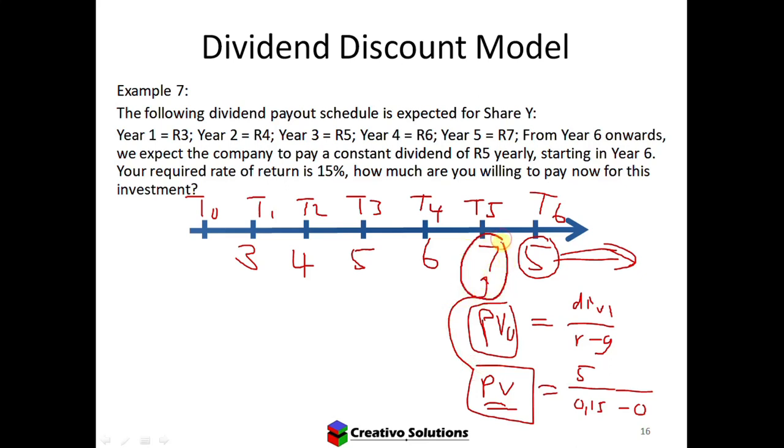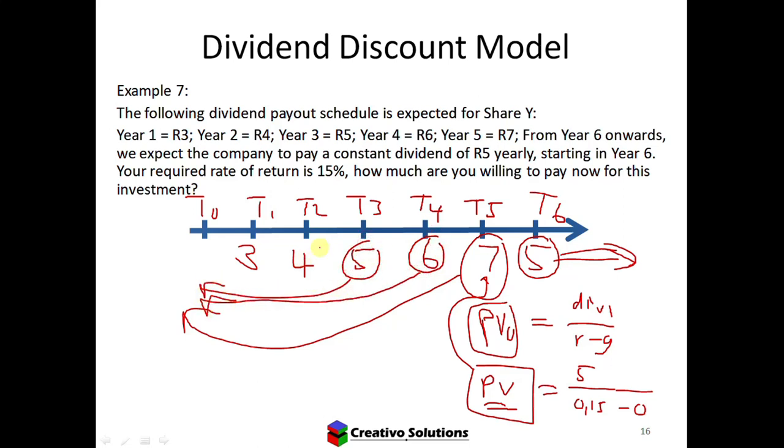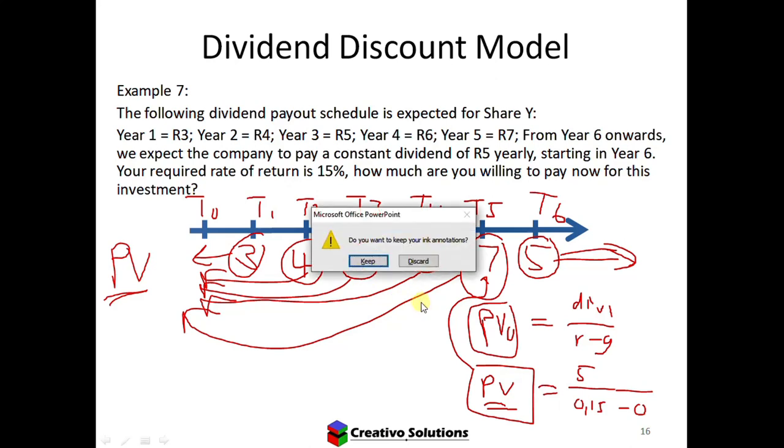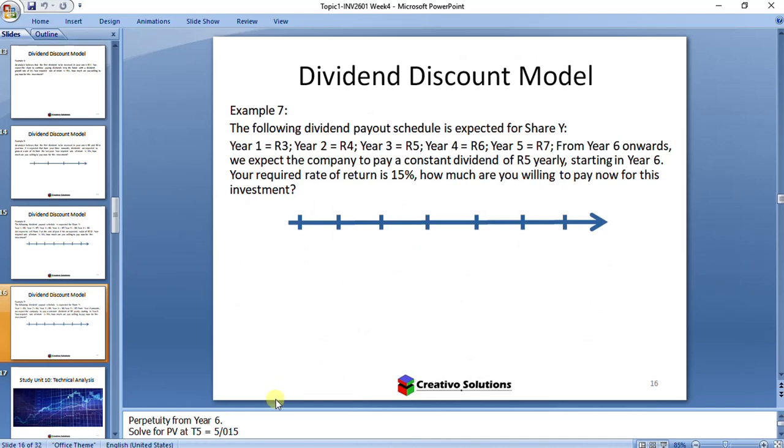So you've got this amount, discount that back in time. You've got this amount, discount that back in time. This amount, discount back in time, discount back in time. And that's going to give you a present value for all of those future dividends. So if we look at the answer here,